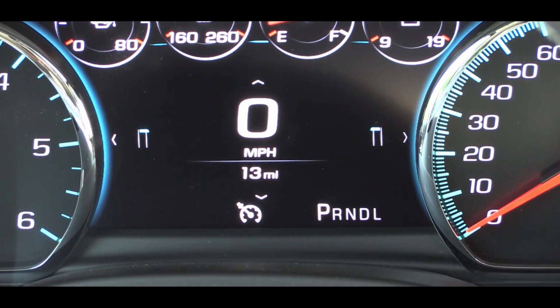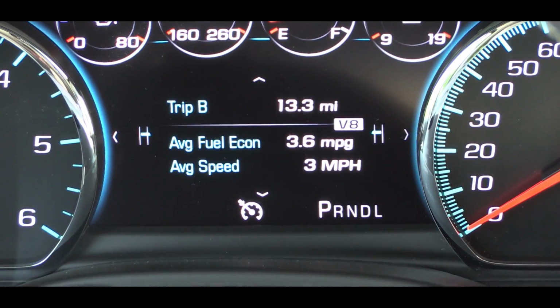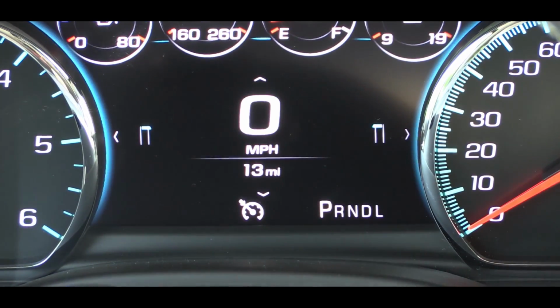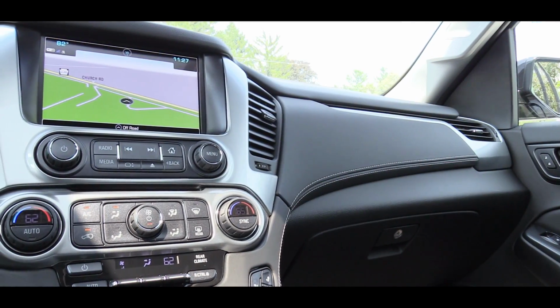That's going to give you things like a digital speedometer, which is what I would leave it on, as well as your average fuel economy, how many miles you have left until you hit empty on this one. There's also your oil life meter, so you know when you need your next oil change. There's also tire pressure for each individual tire and a couple other things as well. But now let's take a look at the overall